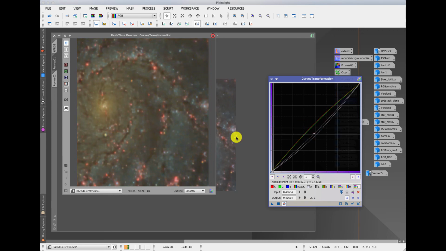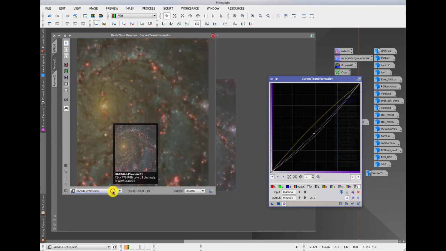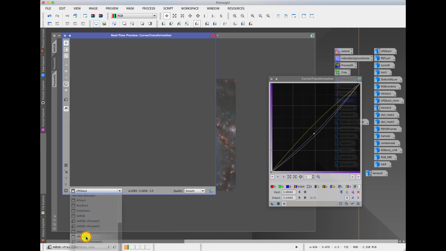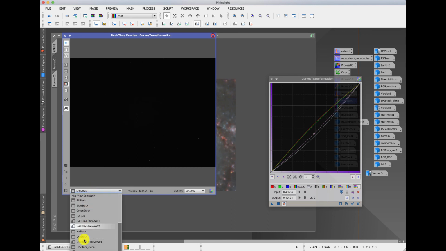Not all tools have a real-time preview, and you can see which tool is being used because this little icon here matches that one there. And then once you want to apply it, you can either drag this icon onto your image, or you can hit the square one and away it will go to the image that is live at the time. So the other thing you can do is you can change which image you're applying it to. So you could, for instance, that's not a particularly good one,